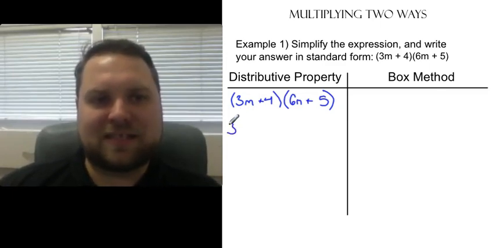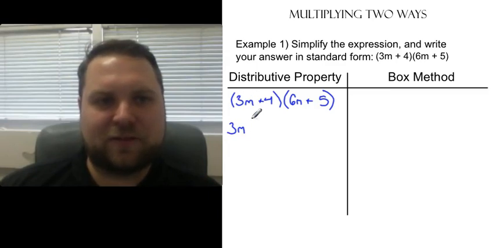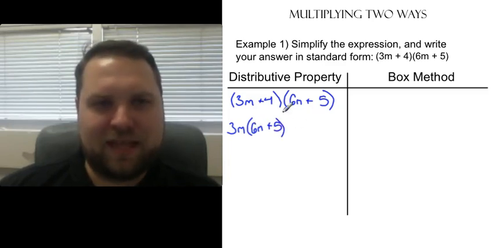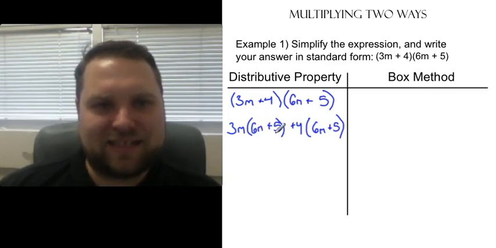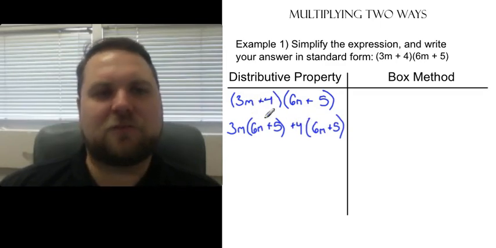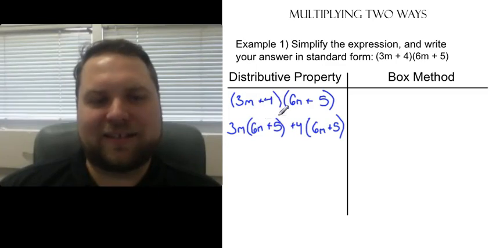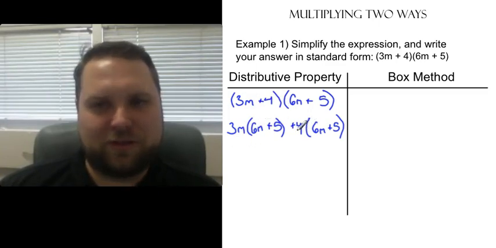So what I'm going to do is I take the first term of the first polynomial times the whole second polynomial. And then I take the second term of the first polynomial times again the whole polynomial. And what you'll see is that that second polynomial repeats itself twice. That 6m plus 5 is there and there. And in front of it being distributed is each individual term of that 3m plus 4. And now all I have to do is multiply all this out, combine like terms, and rewrite it in standard